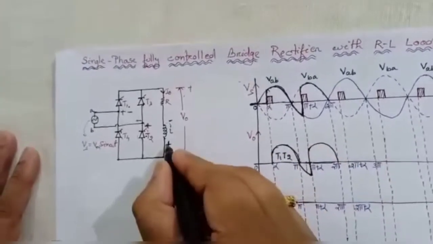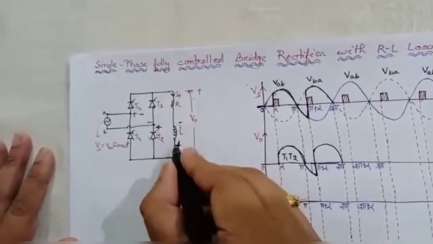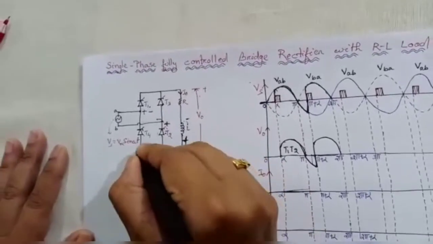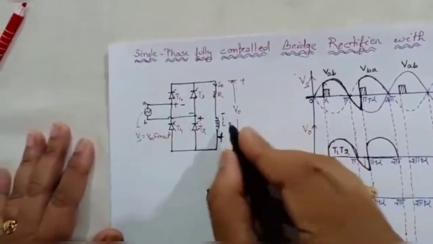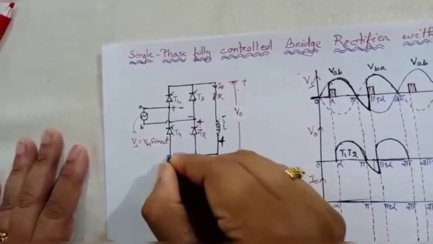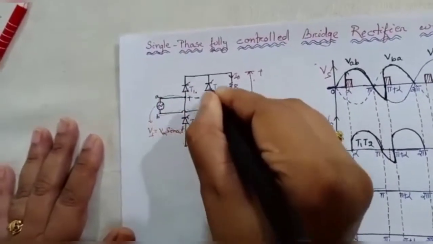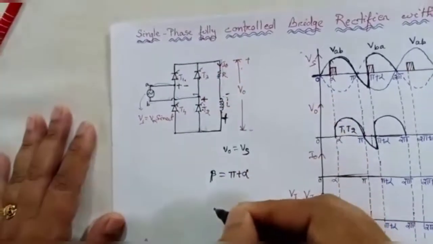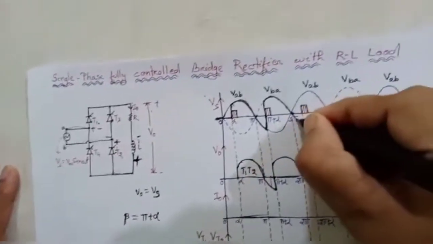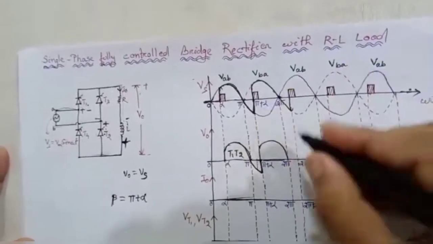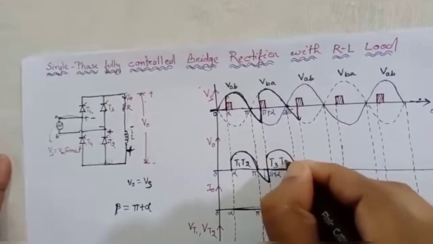Again we are having this inductor. So due to this inductor, it will release the energy up to some time through the same path, means L plus, then T4, source, T3, back to load. This is the closed path. So that's why again one negative voltage will appear, this much of voltage will appear across the load. So this is due to T3 and T4.